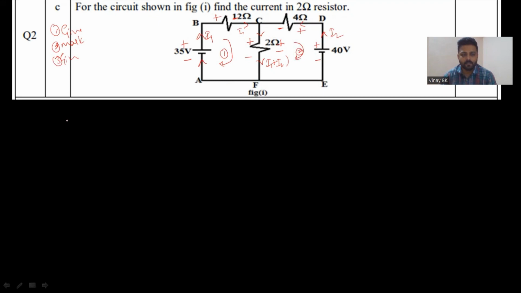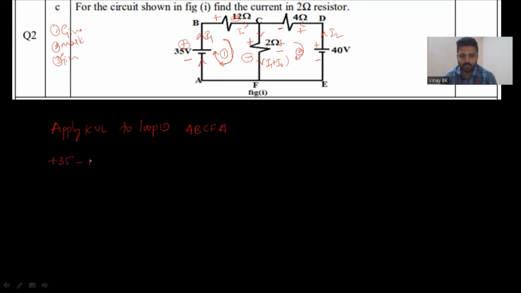Okay, so now apply KVL to loop 1, or you can say it as A, B, C, F, A. Based on this loop direction, mark the second polarity. So second polarity is plus 35 minus 12 minus 2. So I'll write the equation: plus 35